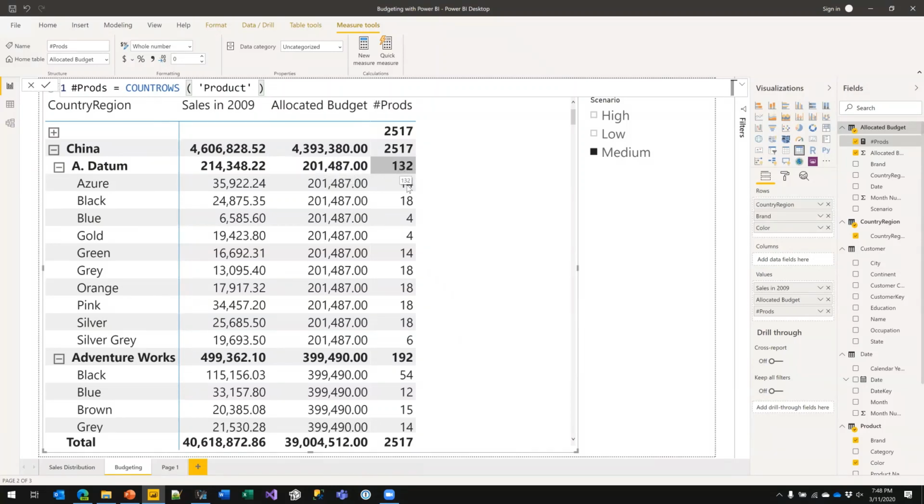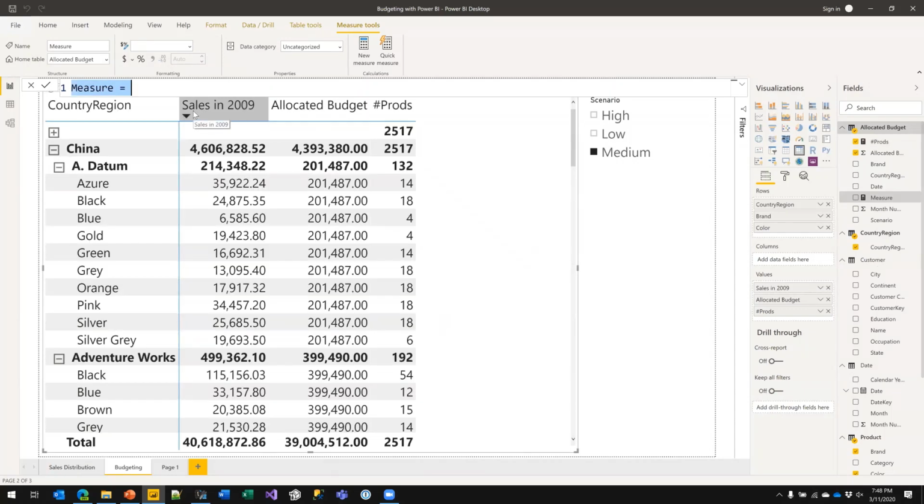So if I was able to compare 14 with 132, if the two numbers are the same, that is fine. But if the two numbers are different, I need to hide the budget. Number of products is fine. I need a new measure that reports 132 for all the rows of a datum. That requires a bit more DAX. It's not more complex DAX, it's just harder to understand.